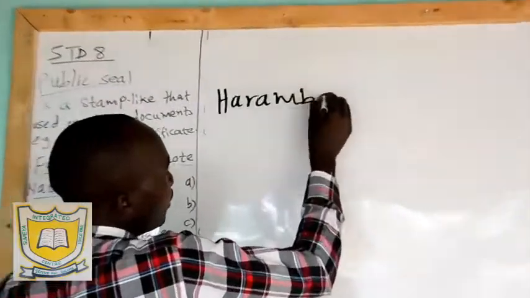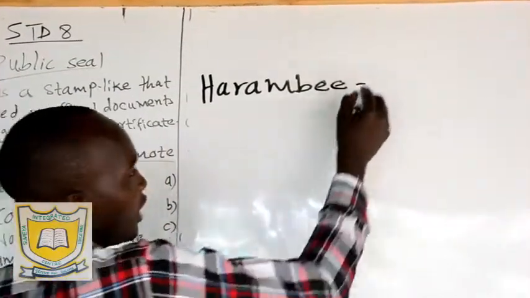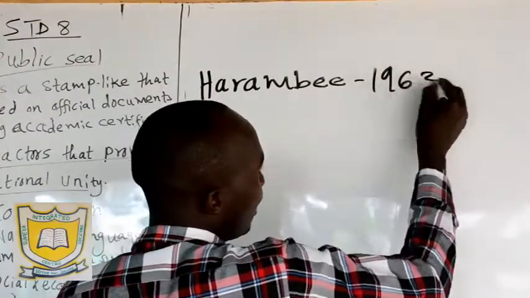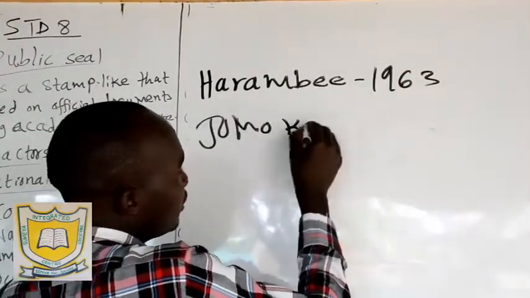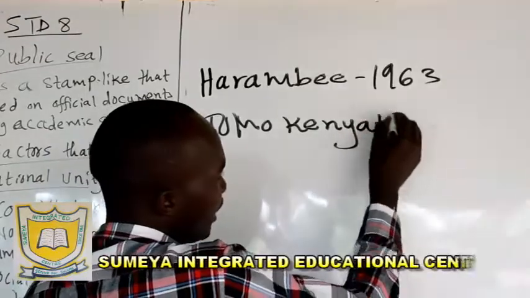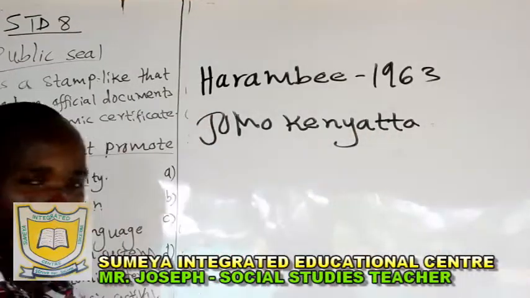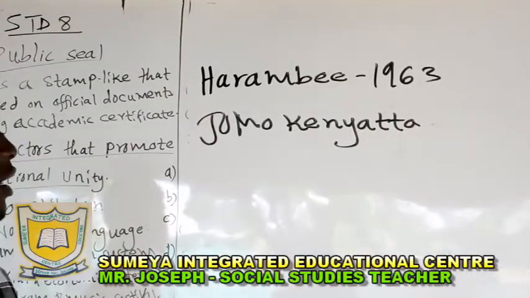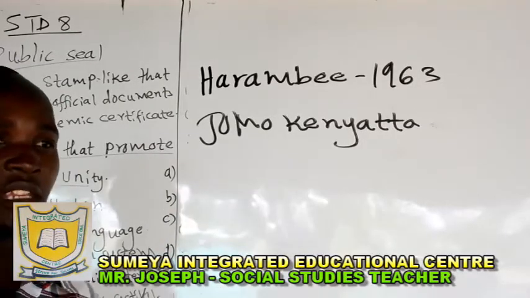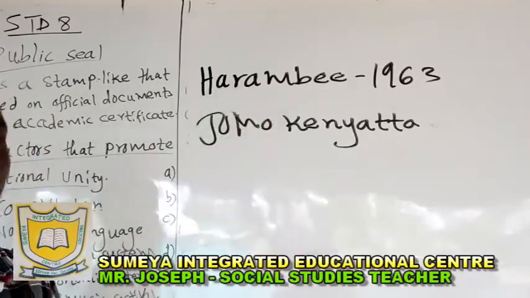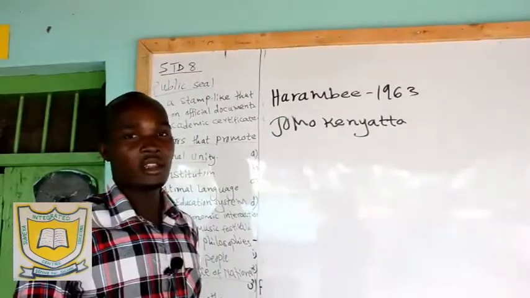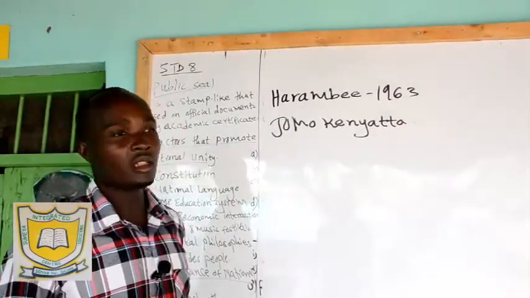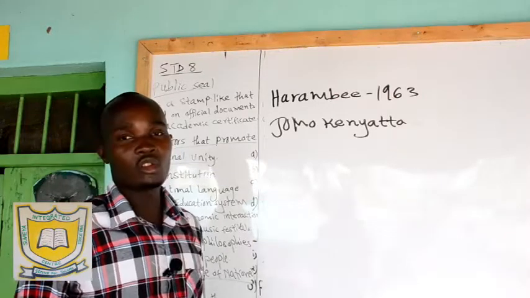Harambee was introduced in 1963 by Mzee Jomo Kenyatta. So after independence, Mzee Jomo Kenyatta came with an idea of Harambee. Harambee means pulling together. So there was need to unite the country for people to work towards building the nation. So both the development, social, and even